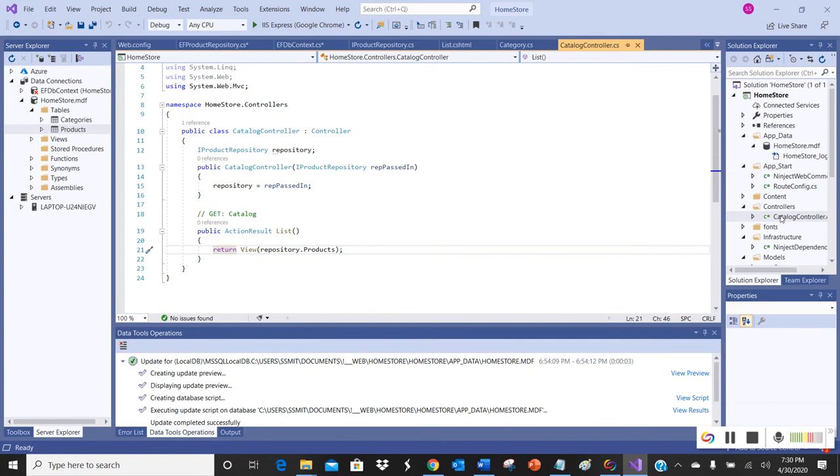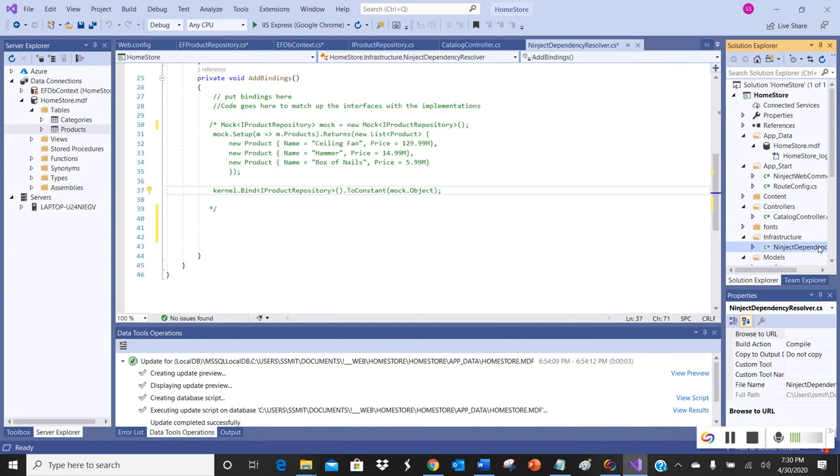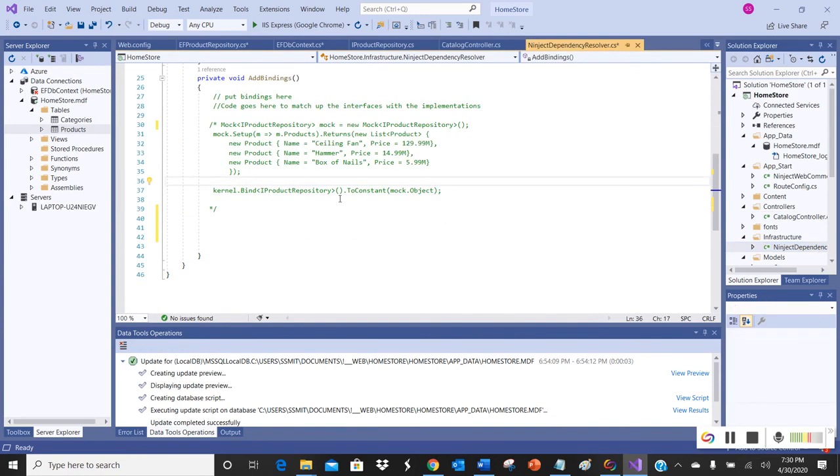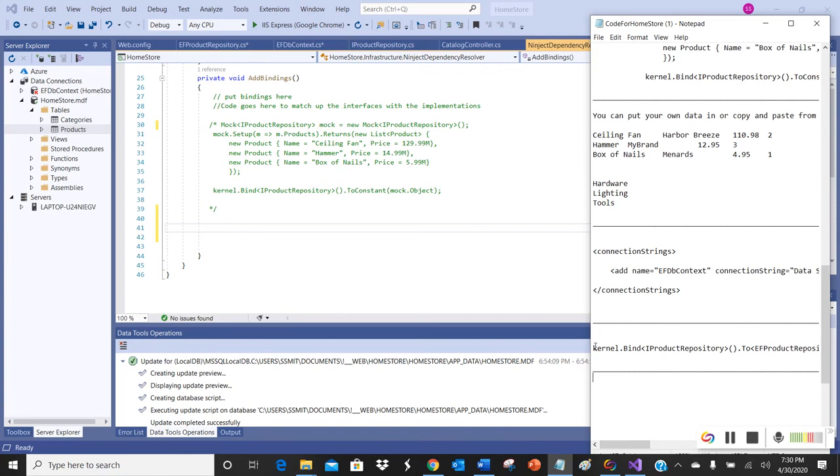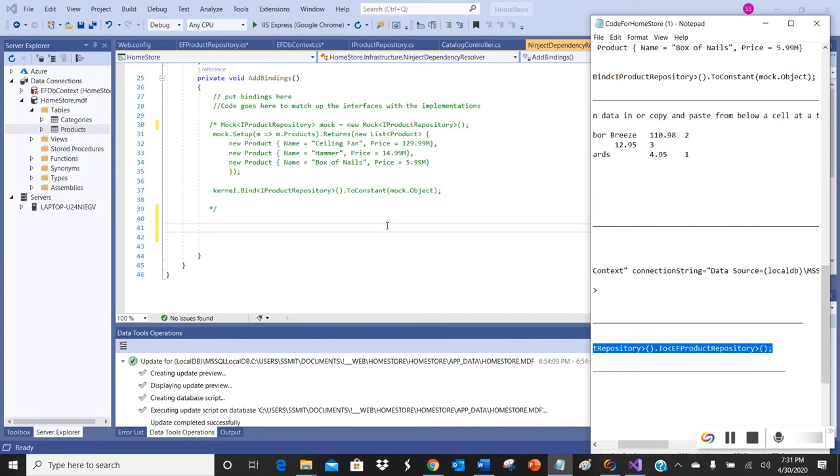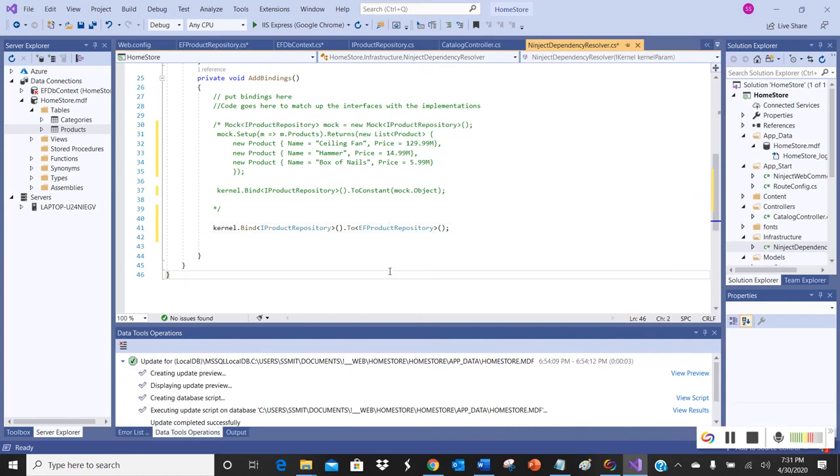Our last step then is to go to the Ninject dependency resolver and get rid of this mock code and put something in more like what we're used to seeing in Ninject. And so here we have this. Copy that, paste this here, and I already have this filled out. Usually, you have to put the interface name there and the implementation there, but I already have this filled out for you. So we want to bind the EFProductRepository to the IProductRepository instead of using this mock data,